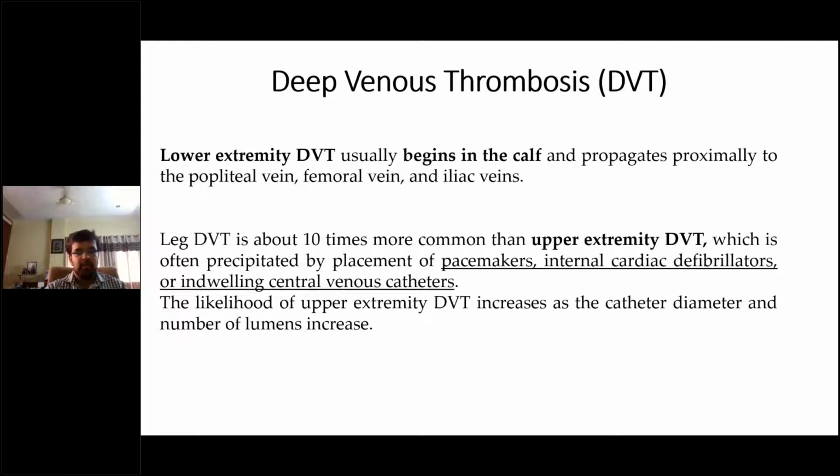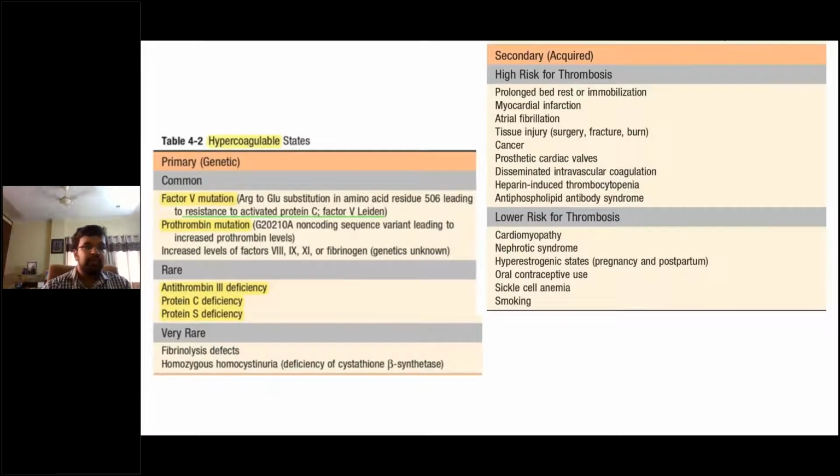Okay, so now coming to the risk factors for DVT. These are the table from Robbins, and it gives us the hypercoagulable states. The hypercoagulable states can be divided into primary causes and secondary causes. The primary causes are the genetic causes, and the most common genetic cause of DVT or any hypercoagulation would be factor V Leiden mutation. So factor V is one of the